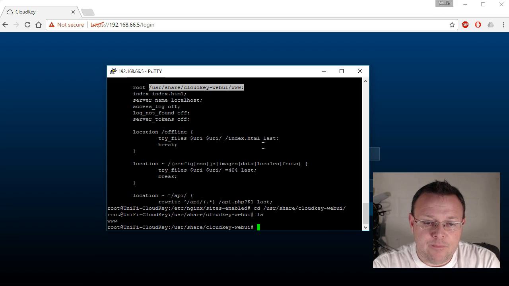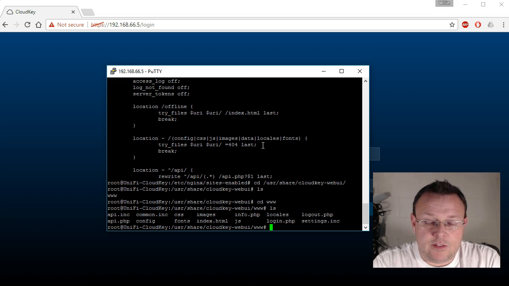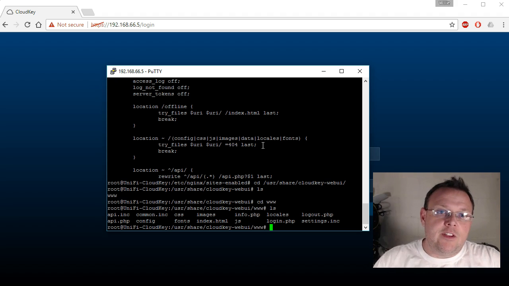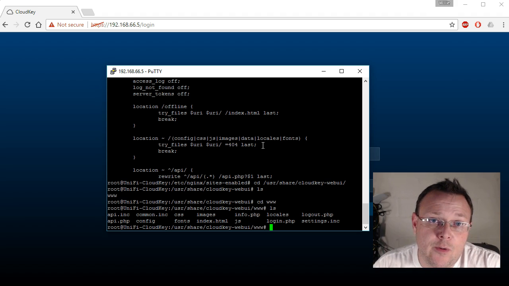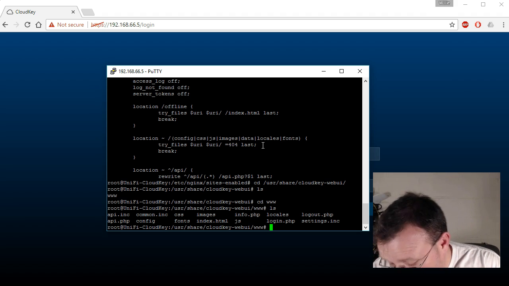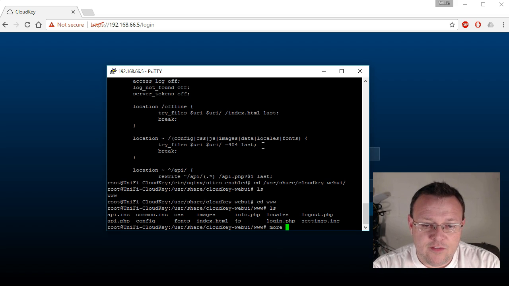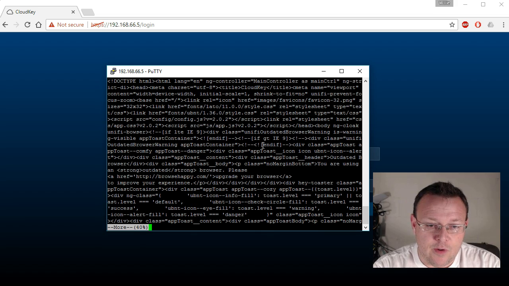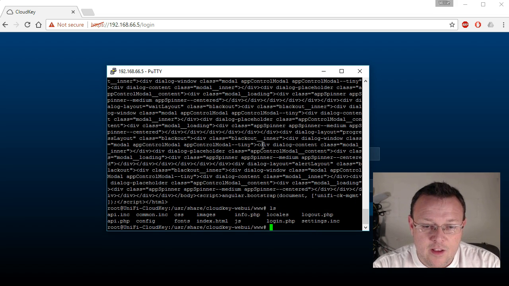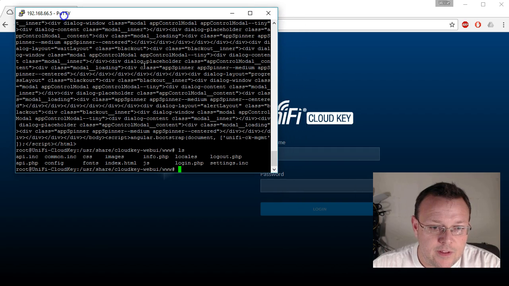And if you have a lab, don't be afraid to break things. It's got a reset button, right? The worst it's going to do is erase your config and take you all the way back to the factory installed firmware, which is what this is going to do. So we navigate over to this folder, and then we can just start looking inside of all of the files until we figure out what's going on. Here's the HTML, and the file that I actually found was the most help in this